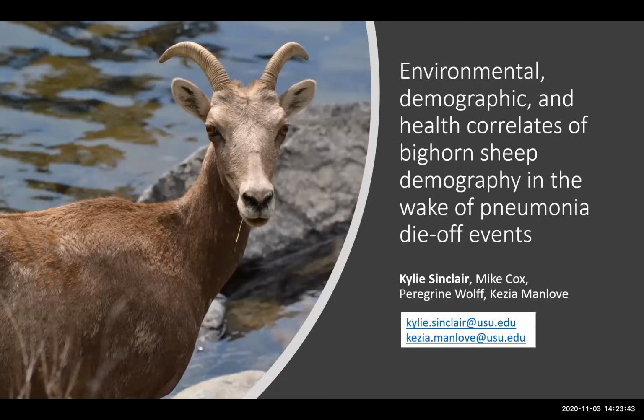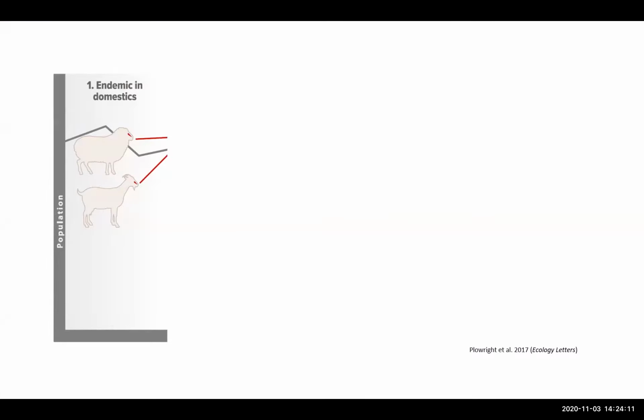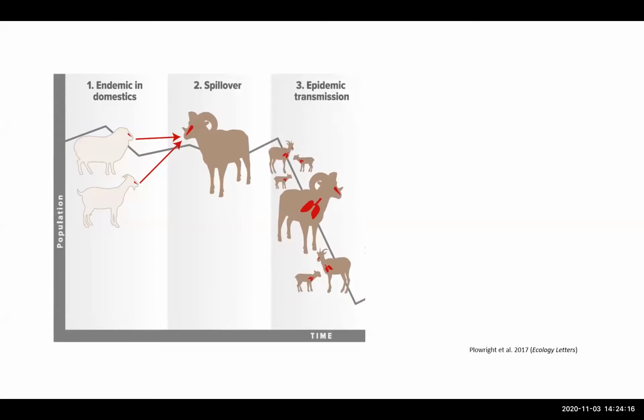Thank you for that introduction. I will be discussing results coming out of my research, looking at drivers of bighorn sheep demography following pneumonia-related die-off events. At this point, we have a pretty good understanding of how Mycoplasma ovipneumoniae, or MOV, is getting introduced into wild sheep populations and the immediate consequences of that introduction. We find MOV in domestic sheep, contact results in pathogen spillover, and the pathogen spreads through the wild sheep population, causing an all-age die-off, with mortality rates between 10 and 90% of the population.